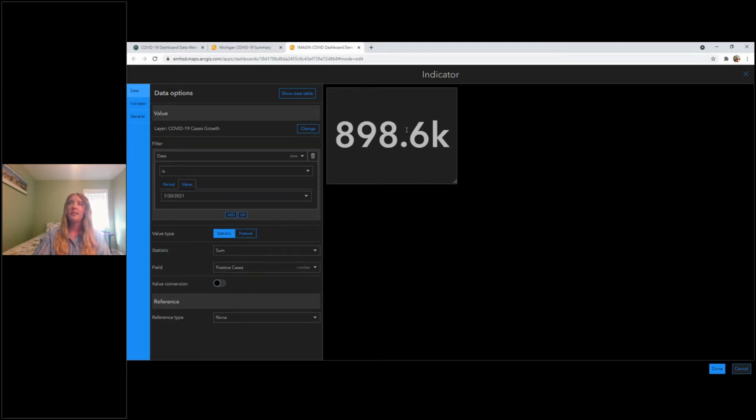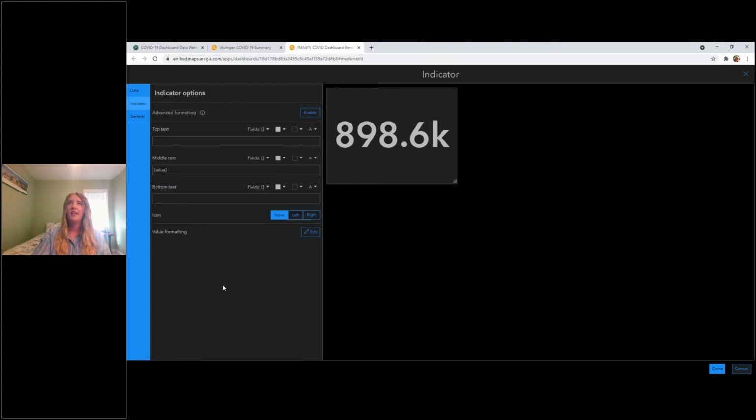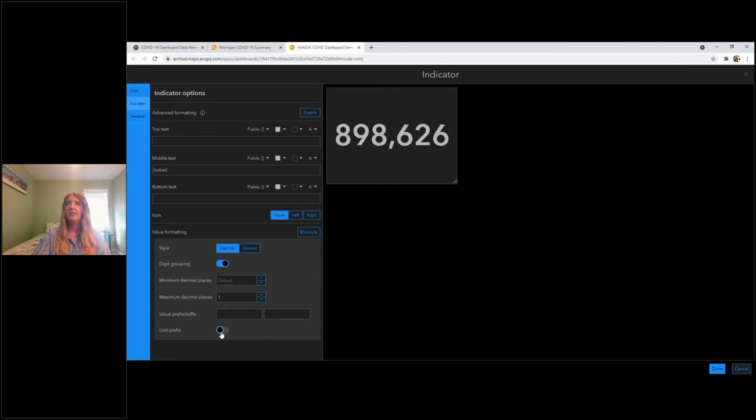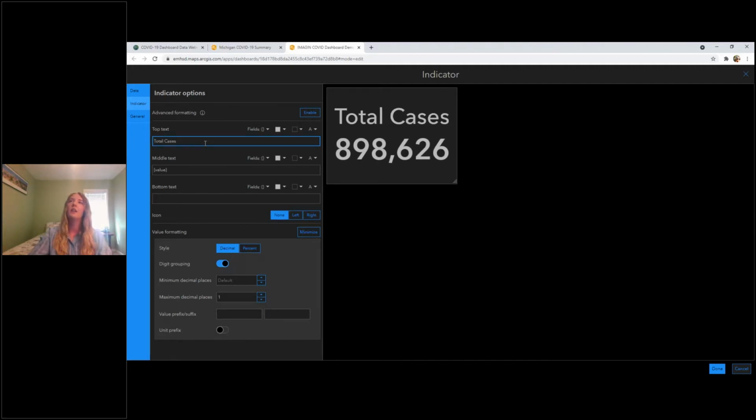With Operations Dashboard's recent update, it kind of simplifies it with the 898.6K. So to get rid of that, if you go to the indicator tab down here at value formatting, you'll hit edit, and then you just turn off unit prefix. Then I'll go back up to the top text, and I'll title it total cases. I'll change it to red here, and then I'll also change the number color.